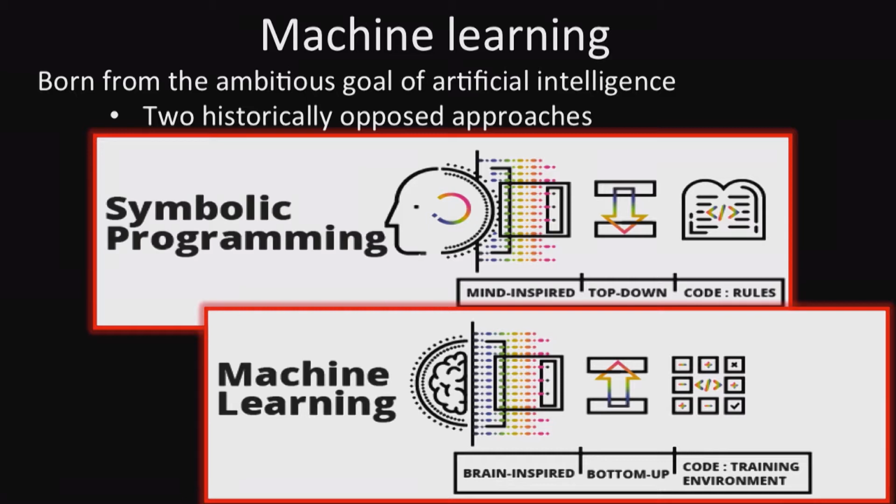What does it mean? So the scientists and researchers tried to understand intelligence from a mind perspective and tried to encapsulate all the knowledge in a set of rules for a particular domain, and they write code to capture that. So it is more like a top-down approach and a set of rules that try to solve a problem